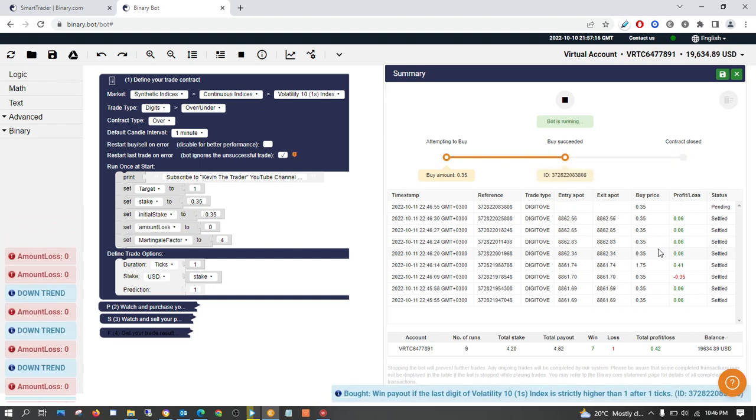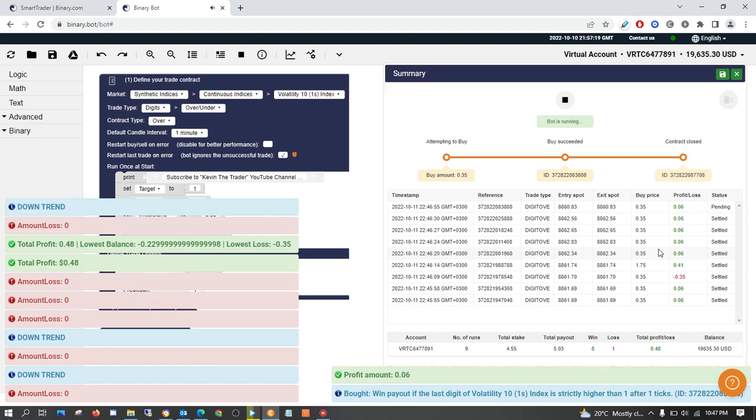It now does some analysis, as you can see.